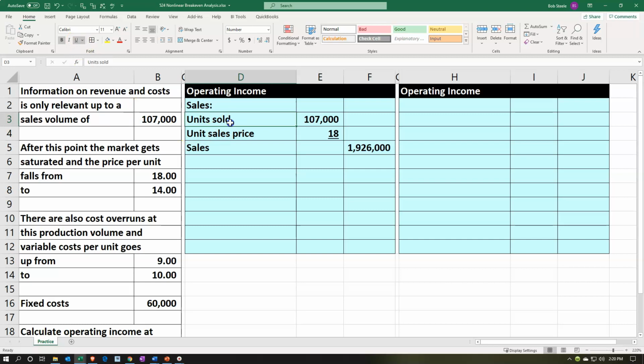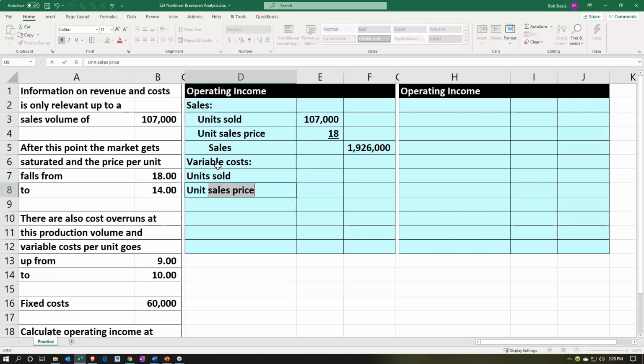Let's do some formatting, highlighting these three cells or selecting them, home tab, alignment, increase the indenting. Selecting the sales item, home tab, alignment, increase the indenting. Then we're going to go to the variable costs, colon. We're going to take the units sold times the unit variable cost. That's going to give us our total variable